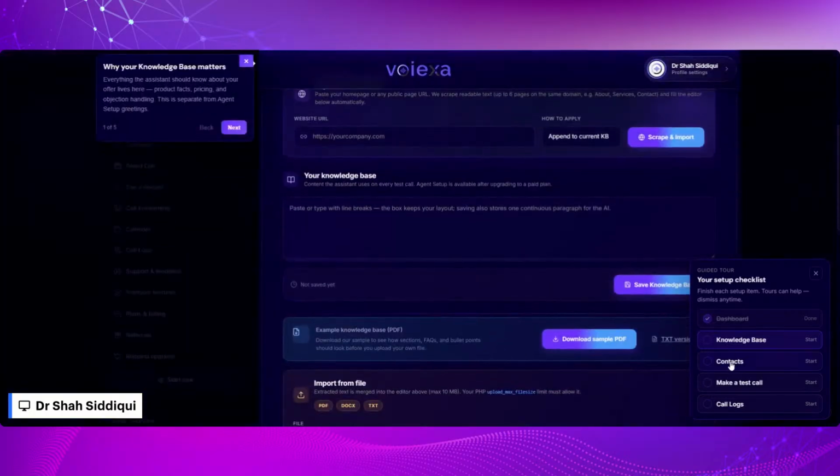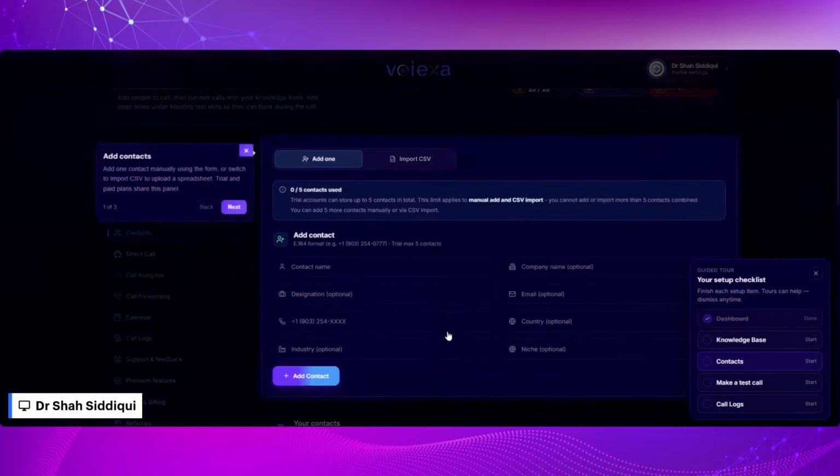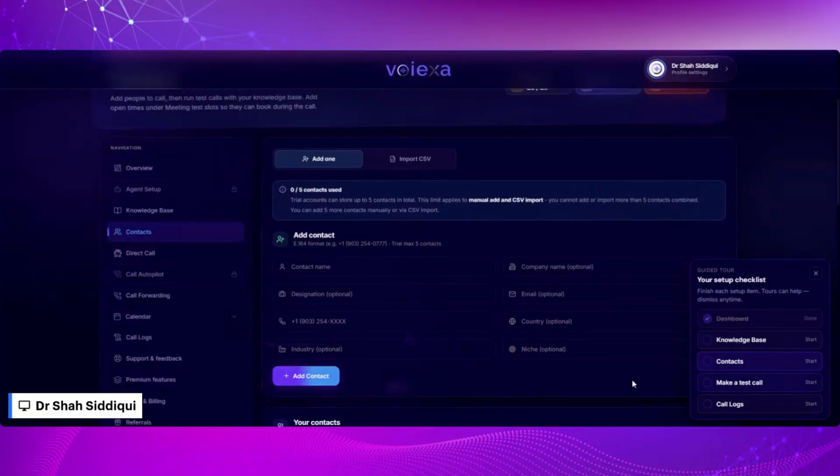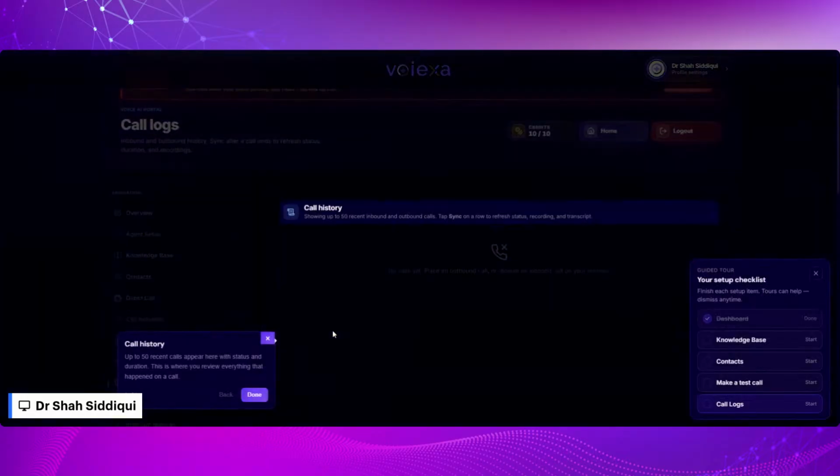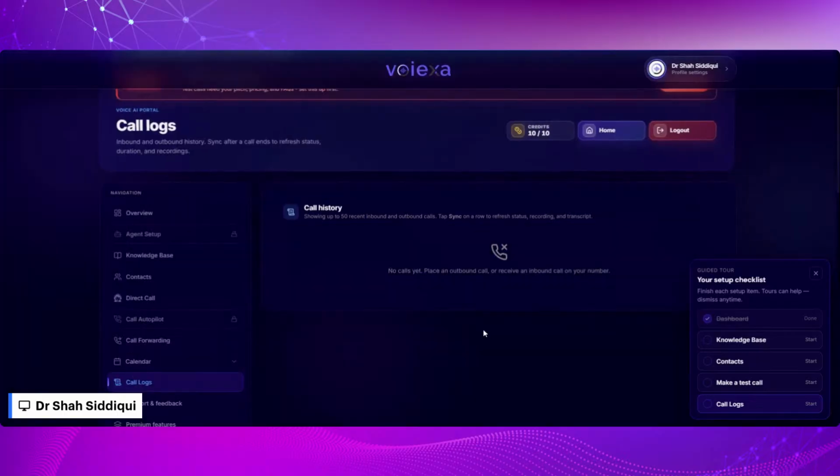You need to add a contact, so it will go to the contact. You need to make a test call, but without adding a contact you cannot make a test call. And you need to see the call logs of the calls you are making from Voiexa. You can see those call log recordings.